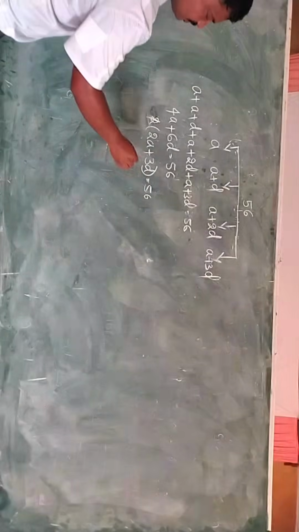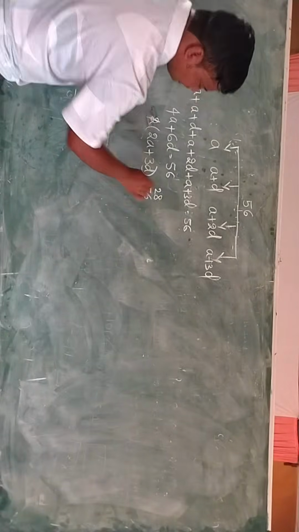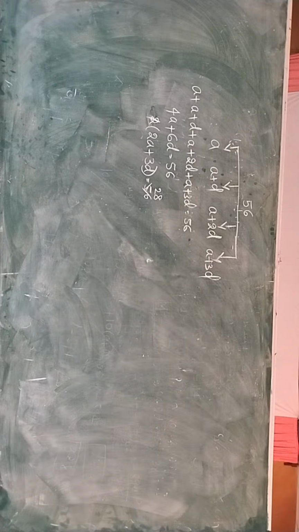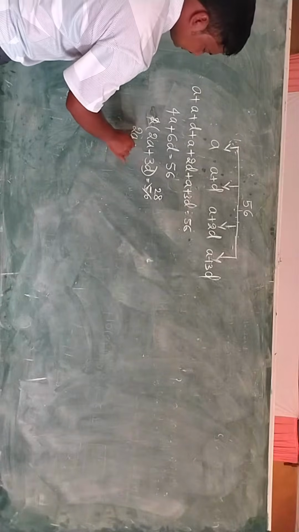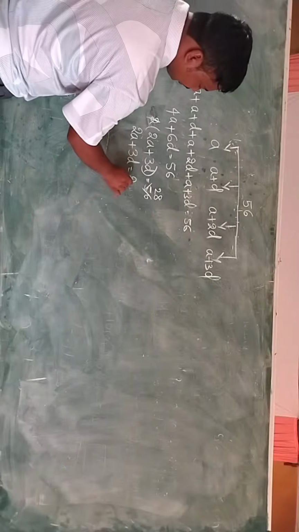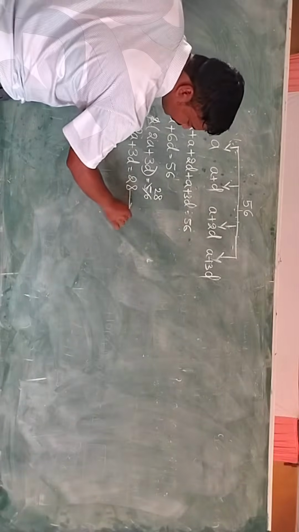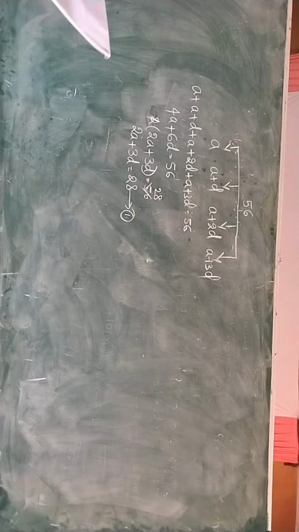2 1s are 2, 2 2s are 4, 2 8s are 16... 28 2s are 56. So 2a plus 3d is equal to 28. Call it equation number 1. The next part of the question is,